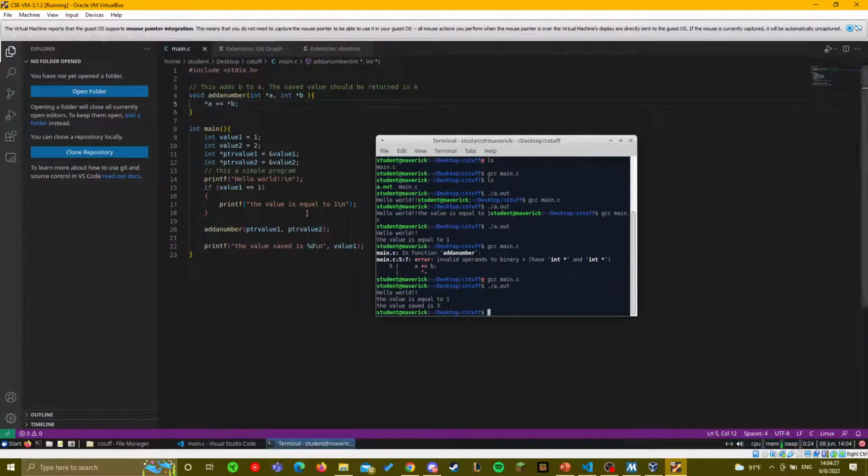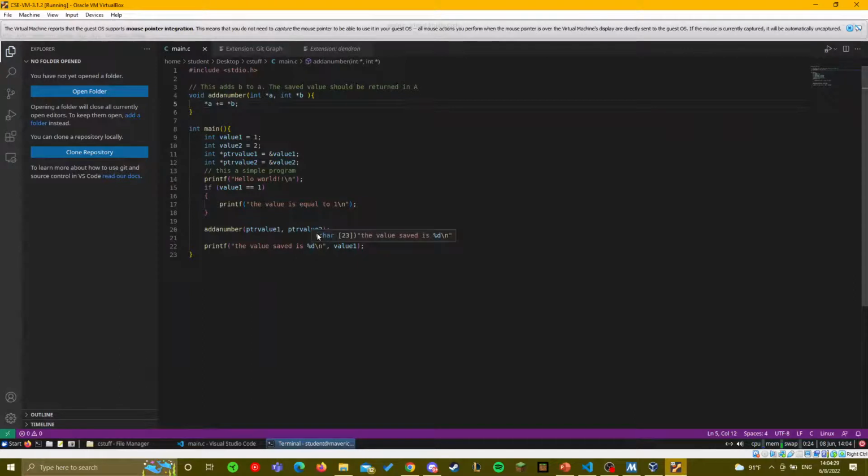Now in this situation, if you're doing this on a large scale, this might not be the most efficient way. What a lot of people like to do is, if you're trying to figure out what the value of something is at a point, you just add a printf and then put whatever it is. The most efficient way to debug, right, is to use a debugger. So for Linux, that'd be GDB, right? It's more of a terminal CLI interface.